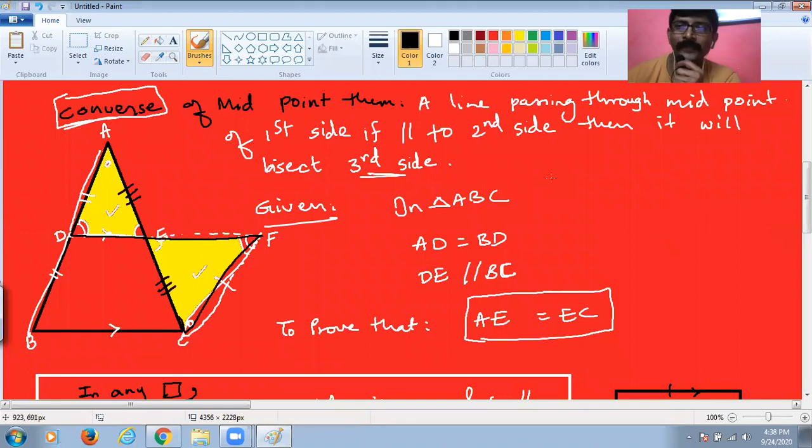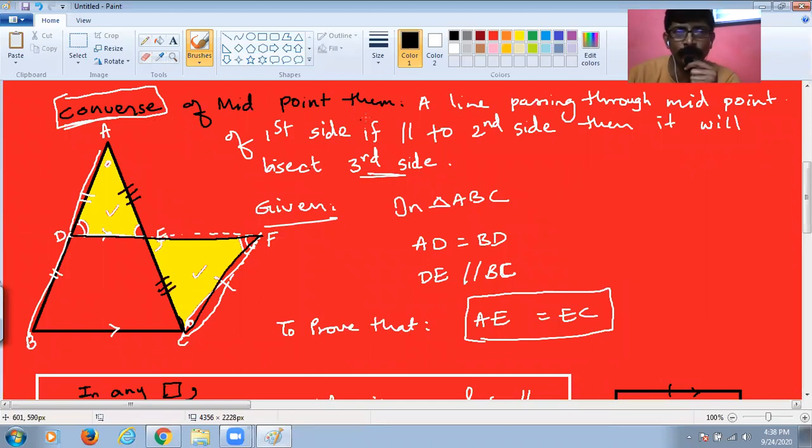So students, by now you have learned what exactly the midpoint theorem is, and now it's time to learn what the converse of the midpoint theorem is. Listen very carefully, because it's very simple, but people get a little confused while writing the reason, whether it is the midpoint theorem or the converse midpoint theorem. So as a student, you must understand what is midpoint and what is converse of midpoint. So let's see what the converse is.